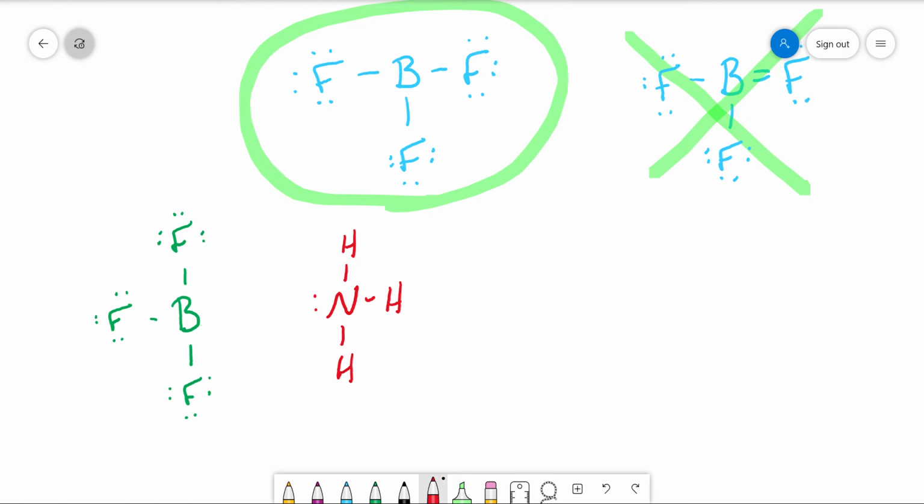If you do the Lewis structure for NH3, you'll find that there's a lone pair there. Well, now if we form a bond between these two, if those electrons go to boron and form a bond, what we see,